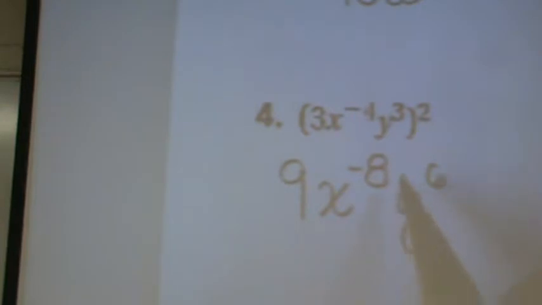Number 4, 3 squared is 9. Power to power, you're going to multiply. Negative 4 times 2 is negative 8. 3 times 2 is 6. Now to get rid of a negative exponent, you're going to bring this down. So your answer is going to be